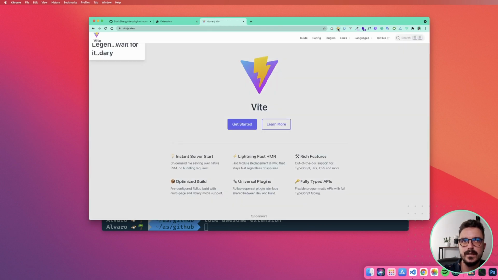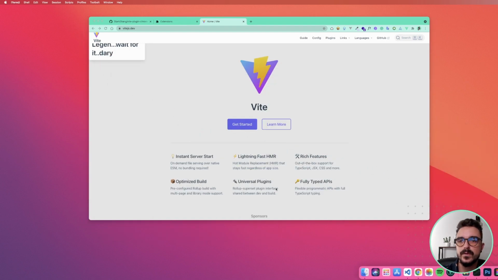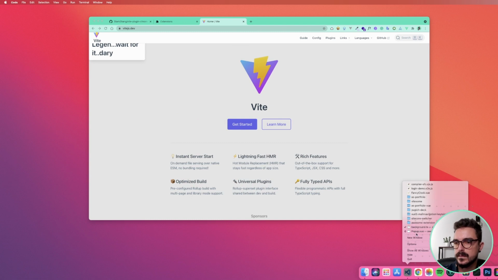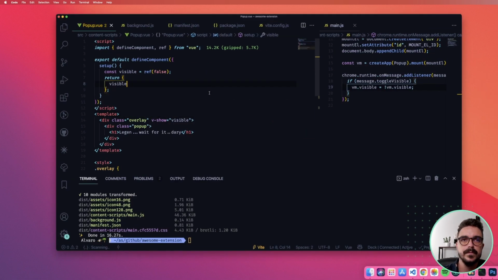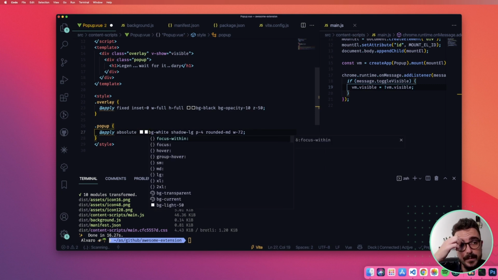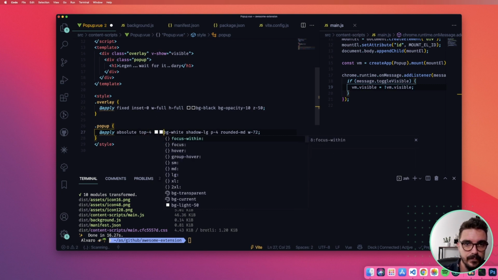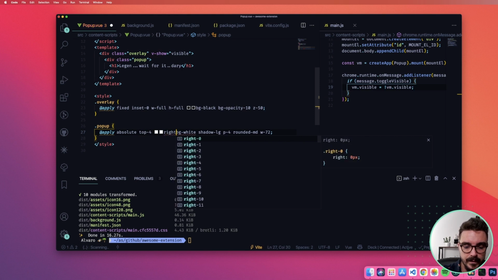And if we click, there we have our pop-up. Really bad positioning, but we have our pop-up. So, okay, the terminal goes in the way. Awesome extension. Perfect. So we need to cover a couple of things. For example, put it on a correct z-index, and maybe the pop-up we need to put in a better position. So we're going to use absolute, and I'm just guessing, like a top 4 and a right 4,